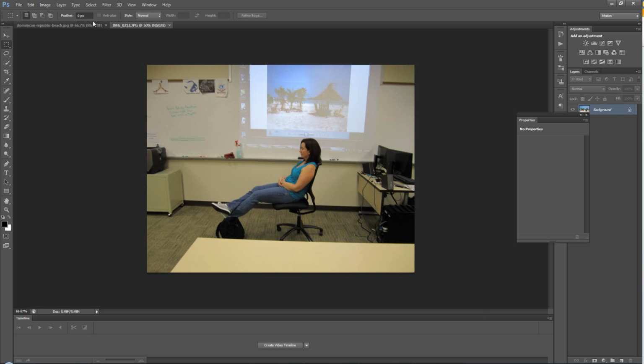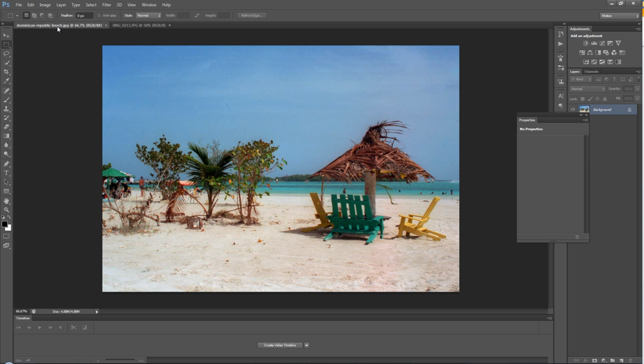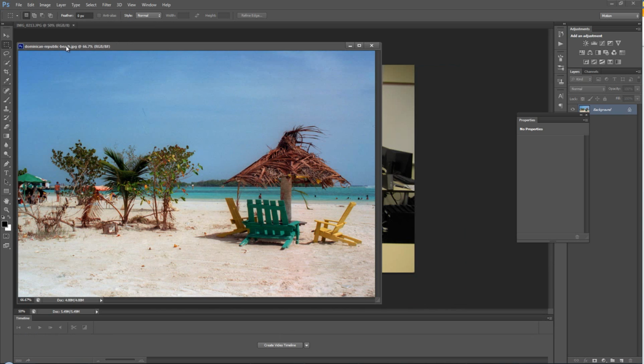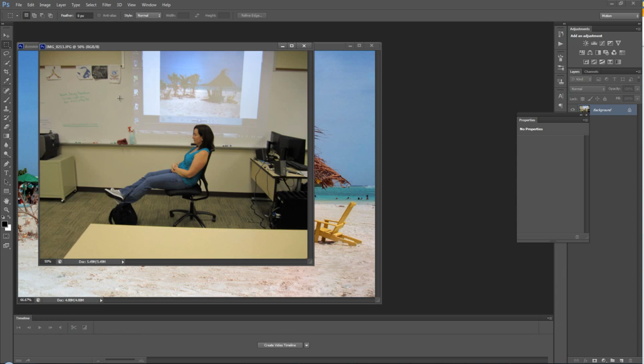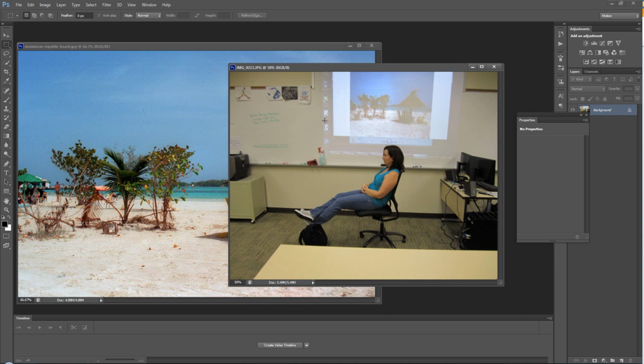So anyway, I have these things and I can flip back and forth. But to make things a little bit easier, I can rip these tabs off. And I think that's a little bit easier. And everything in Photoshop has a tab that can rip off. So like for instance,